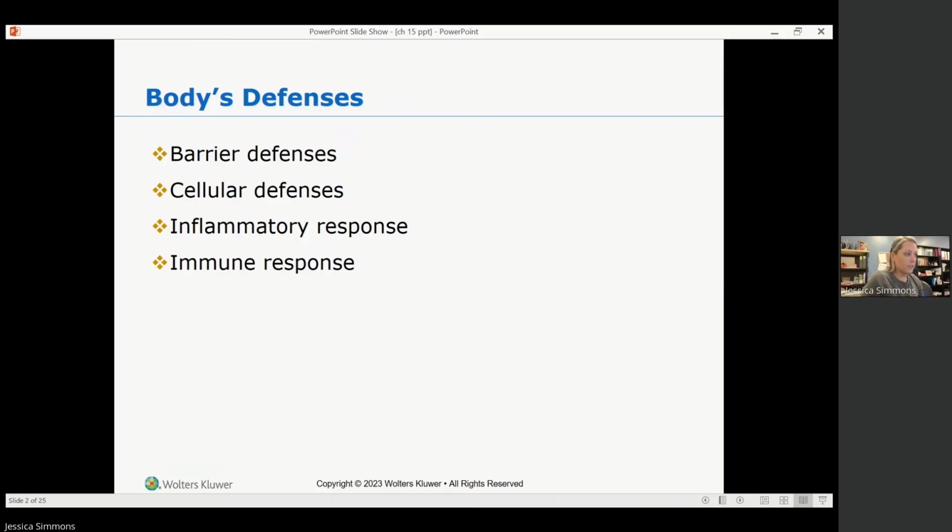I don't know if you guys have ever really gone in on your inflammatory response, but it is important to have an understanding of the inflammatory process. We're going to get into that in the next couple slides. And then the immune response is your lymphatic system. This is your T cells, your B cells, proteins, antibody formation. And then we have other mediators.